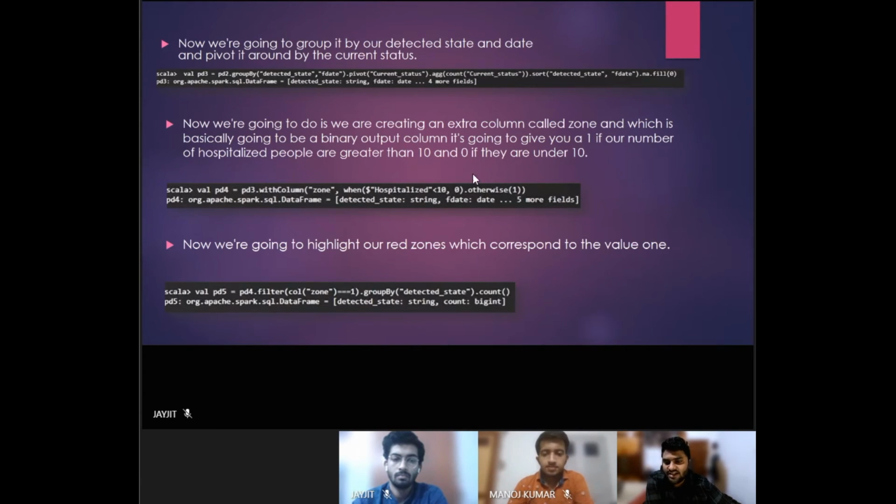By this we are basically finding out the red zones. Now we are going to highlight our red zones corresponding to value 1, because if the value is 1, the number of patients will be greater than 10. So this was the command we used for highlighting our red zones, which are the values in which patients are greater than 10. Next slide please.